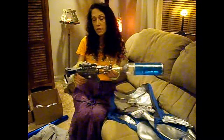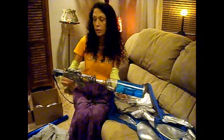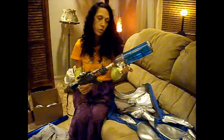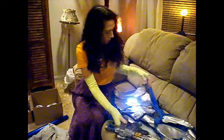So the gun was actually pretty easy. You can decide how much time you want to spend with the extension, but it's a lot easier than making a gun from scratch. Just purchase a toy gun and elongate it with either a clear tube or a simple water bottle, which is plenty. So the oxygen tank, actually it's like a freeze tank